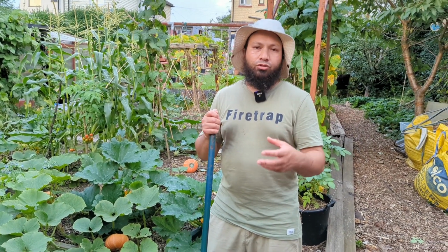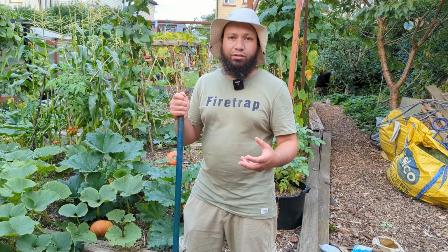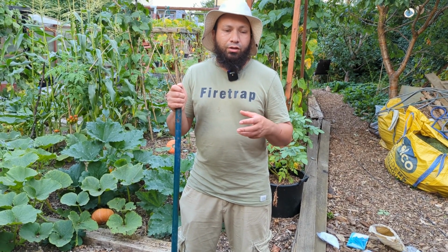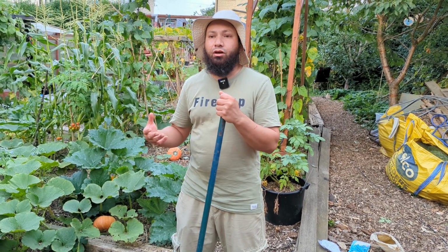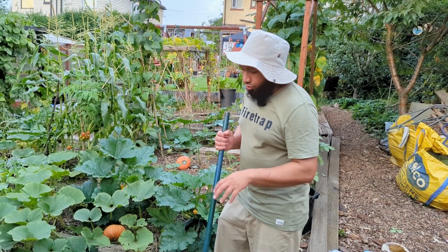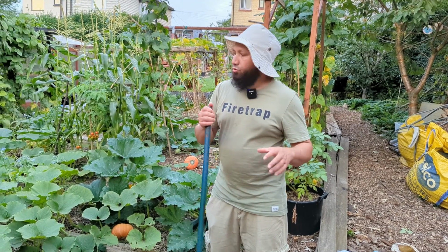You'd throw them in and you'd grow them for green manure. Now, I have started some hardy varieties of peas off, like Onward's a good variety. I talked about that in my what to sow in September video. A variety like Onward will be generally hardy variety of pea, and you can overwinter them and get a harvest next year. So what I'll do is I'll start pulling these potatoes out, and then we'll cover this whole bed